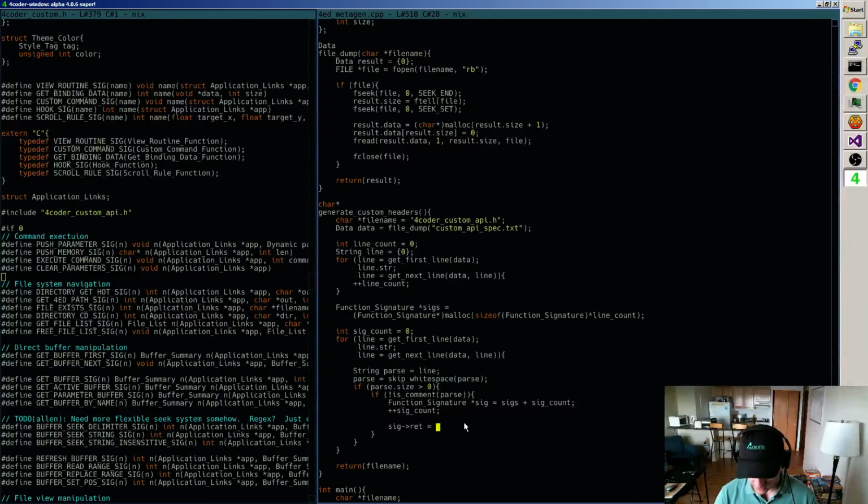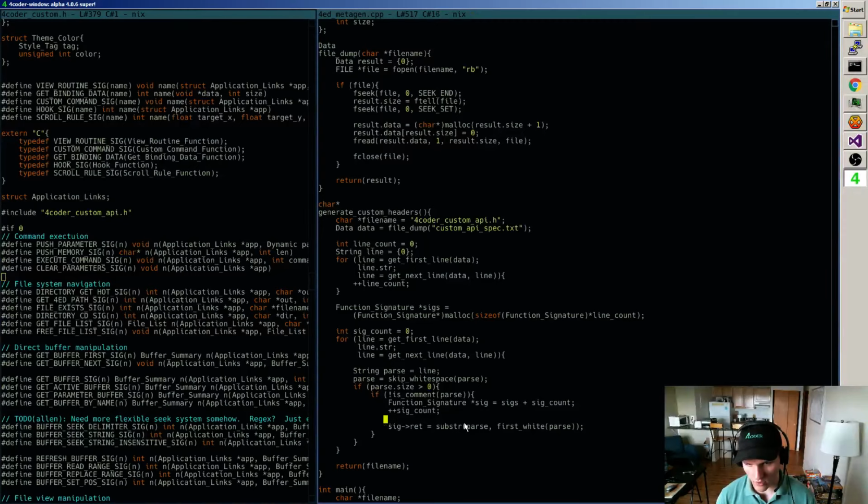I want to be able to get everything between now and the current white space, and the first white space. So something like a substring of parse and first white of parse, right?